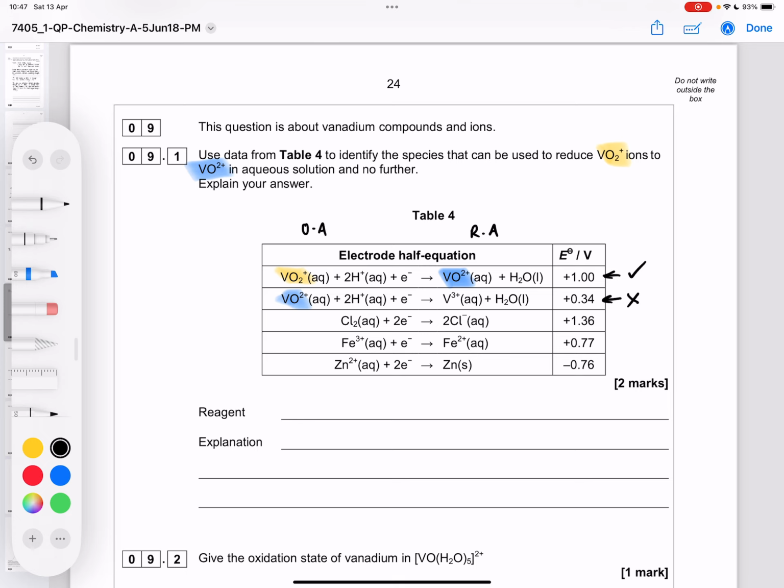So we need to find a reducing agent who, to be the reducing agent, has to have a more negative electrode potential value. So more negative than 1, but not more negative than 0.34. So this would not work because it's bigger than 1. This would work because it is smaller than 1, but bigger than 0.34. This one wouldn't work because although it would work as a reducing agent, it would reduce both. So we're picking the